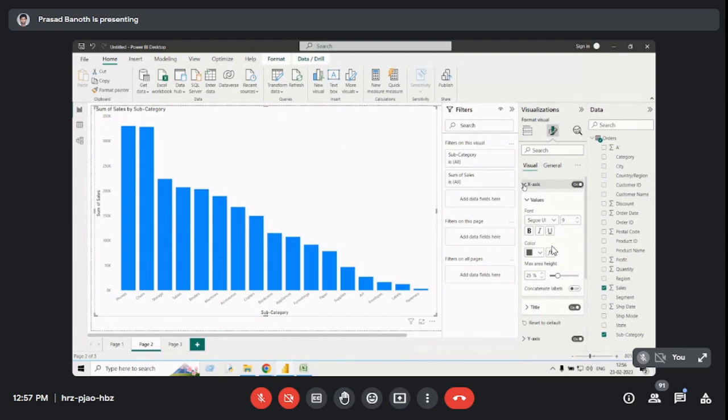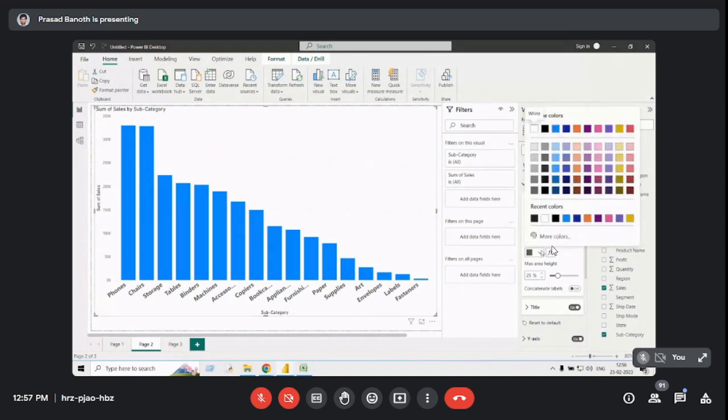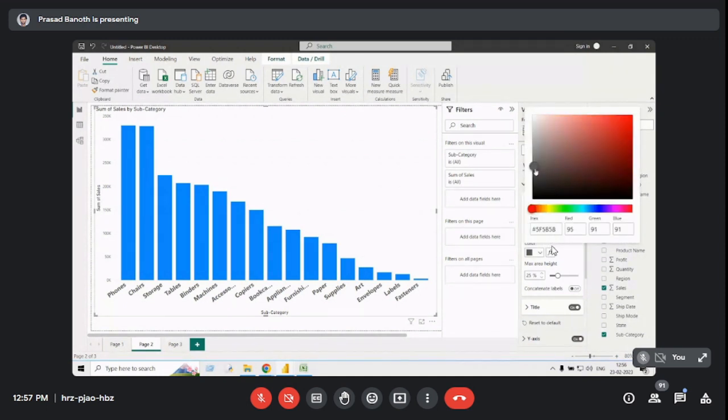Click on this and you can see the font type. You can increase the size of the font. If I want bold, I have made it bold. Even if you want to change the color, I'll change it to red. Okay, so the font color has been changed. It means that you can see the subcategory phones. So this is the bar where phones, these are the chairs, these are the storage, tables, binders, machines, accessories,